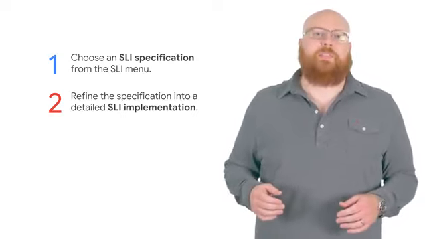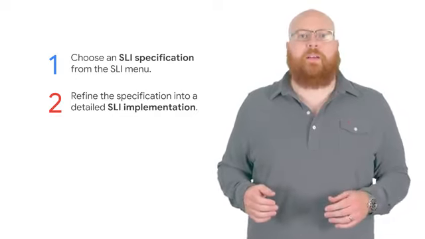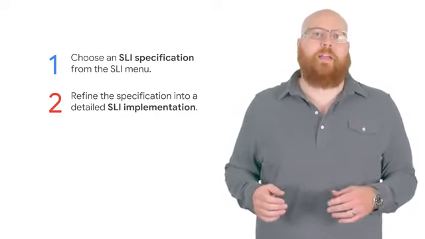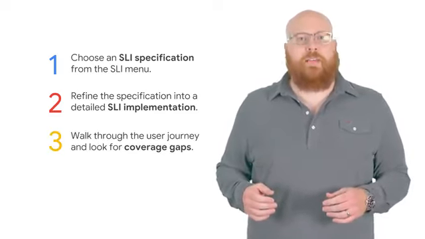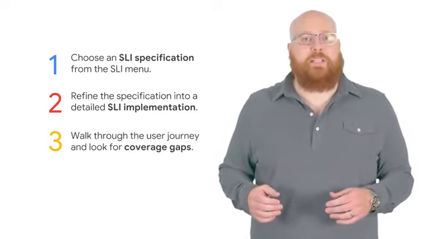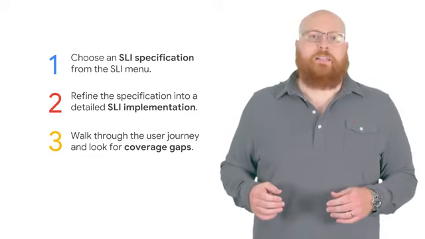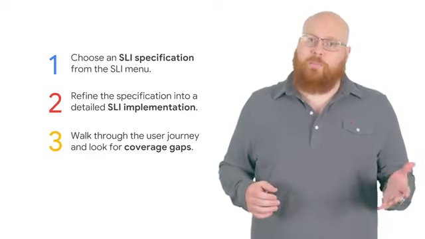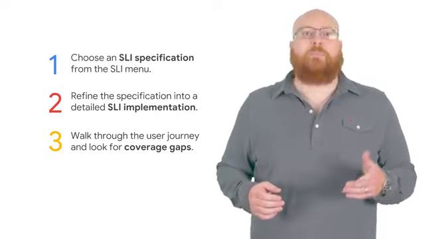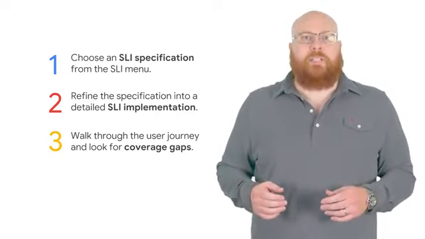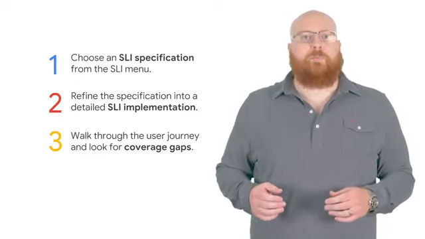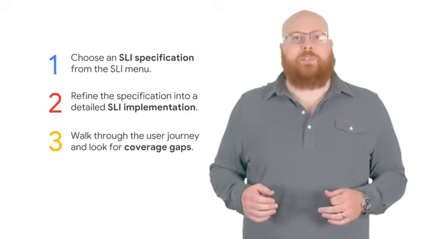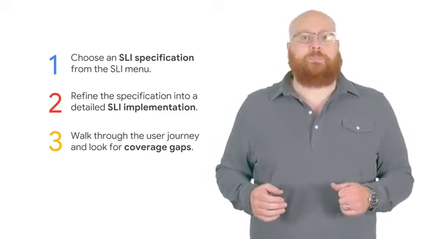With your SLI implementations in hand, you'll need to critically examine how your infrastructure serves the interactions that make up the user journey. Pay careful attention to how that infrastructure could fail and the implications for your chosen implementations. Any failure modes that your SLIs won't capture, hopefully there won't be many and they'll be low probability, should be documented carefully. If you find something that's too high risk, it's a signal you need to go back and rework your implementation, likely by changing your measurement strategy or augmenting it with a second one.